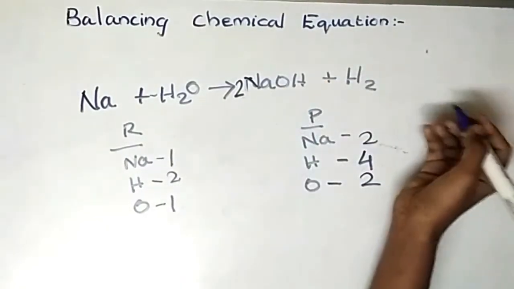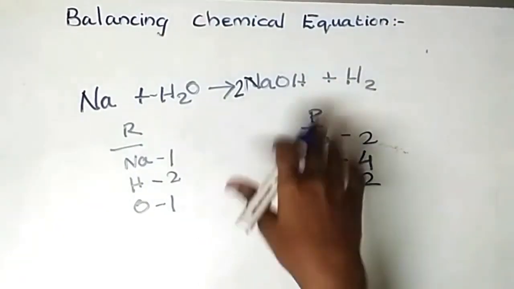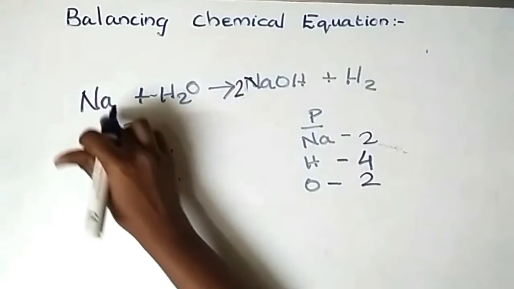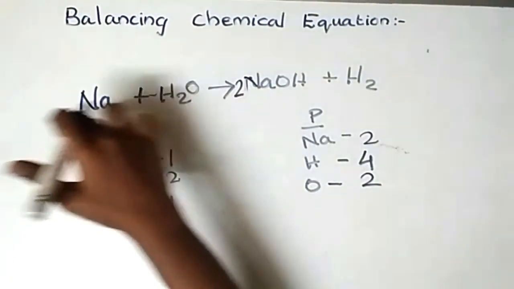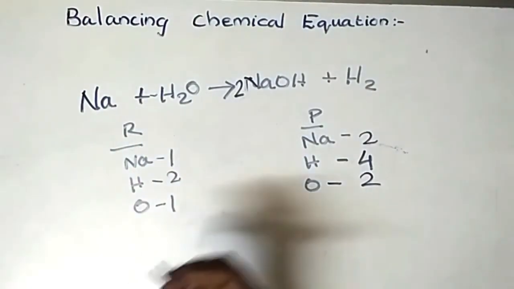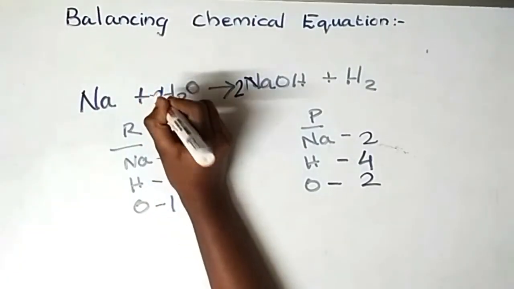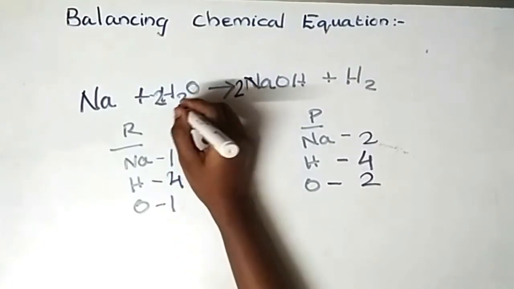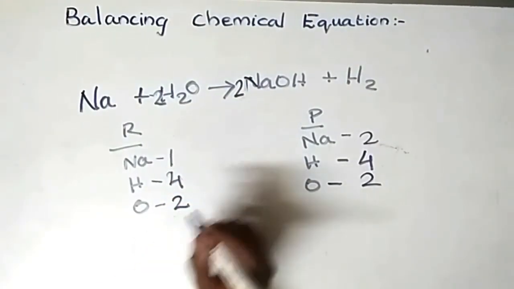Remember one thing: when you balance the chemical equation, or add a number of atoms to it, try to write it on the left side of the element, not at the bottom like in H2. Don't write it at the bottom, just write it on the left side of the element. Okay. So in the reactant side also put 2 for the hydrogen atom and it changes to 4. And here also the oxygen atom changes to 2, and note that change also.